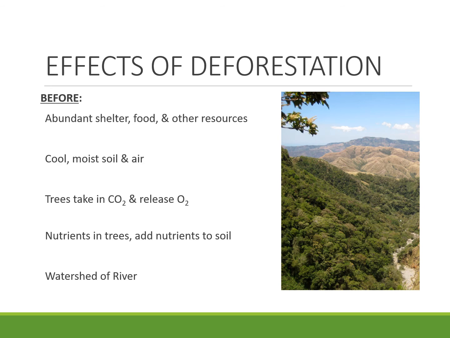This is called a watershed. So when it rains and water hits this slope, that water is going to trickle down into that river. So this land sheds water into that river. So this slope or this side of the hill is called the watershed of the river. So when there are trees, like we said before, those trees would slow down the water, would reduce soil erosion, and help keep the river more clear.